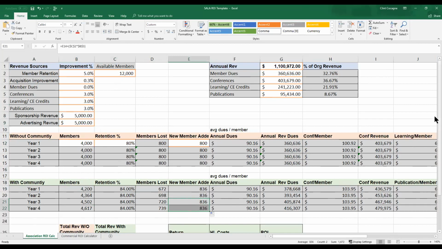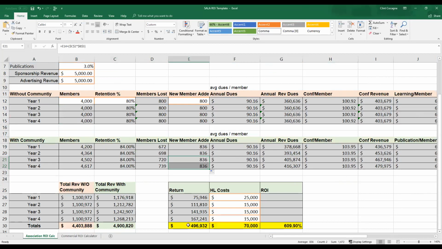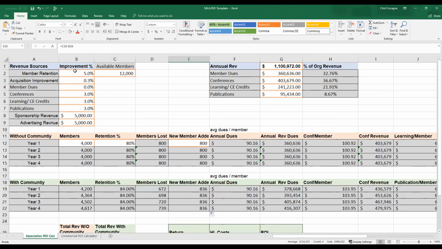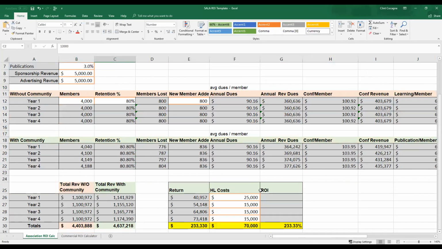And then what we'll do is we'll look down here, and over the course of 4 years, which is not uncommon on average, the growth of this organization is about 50%. So you can see what those numbers look like if you deploy the strategies correctly. If you were to get a 1% member retention, it'll go down, and you can actually see what that does to your ROI. And these are just generic costs. We have solutions that are more, we have solutions that are less than what you see here. I just wanted to put some higher logic cost into this so you can get an idea of what the ROI of your community would look like.